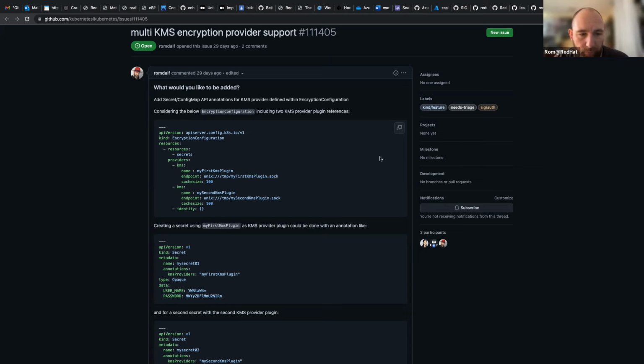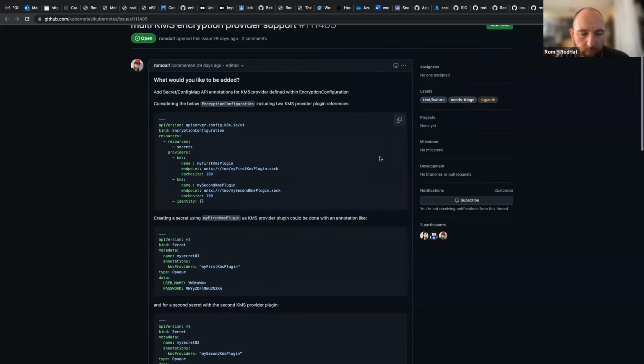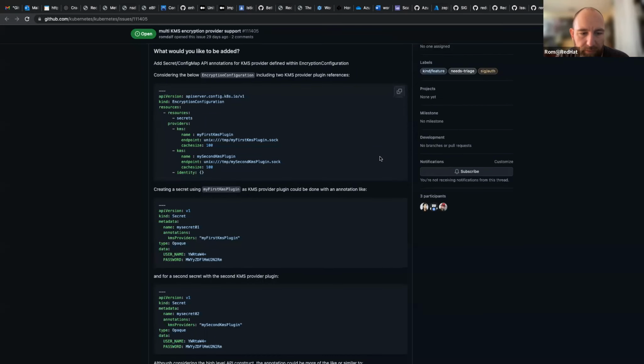They would like to target a specific KMS provider in order to be fully multi-tenant in their environment. So I just put an example there.